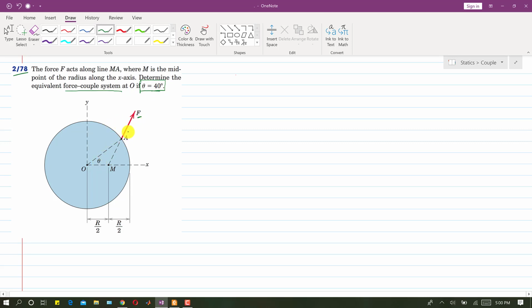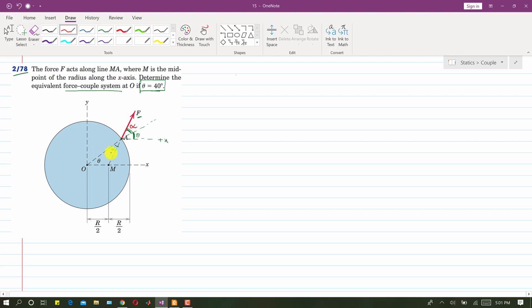Now in this problem, first we need to find the angle of this force with the horizontal. Suppose this is the positive x-axis. So we need to find this angle. Now if I extend this line, as we can see, this is exactly the same line. So this is theta, from here to here. If you want to find the angle of F with the horizontal, we need to find this angle. Let's suppose that this is alpha. Then this angle and this angle are alternate angles, so this is also alpha. So first we need to find alpha.